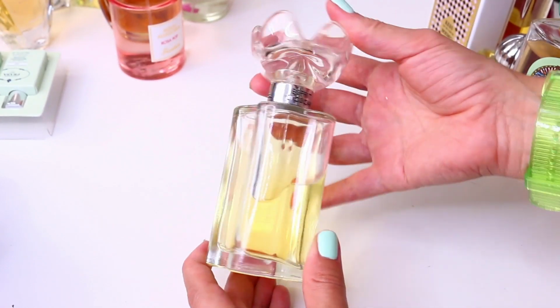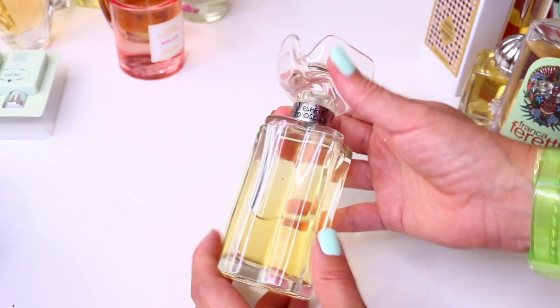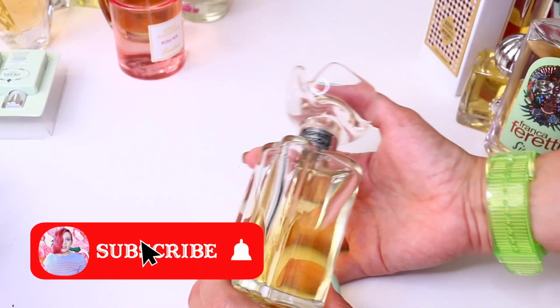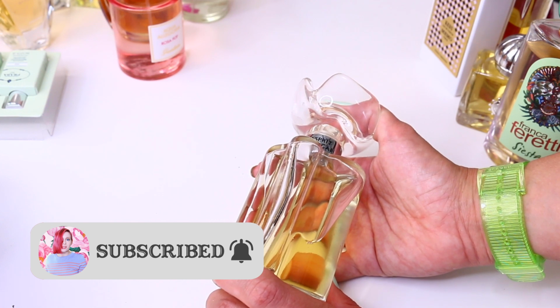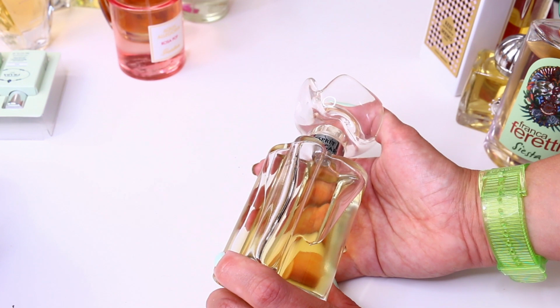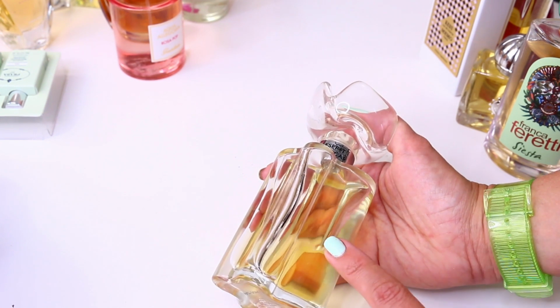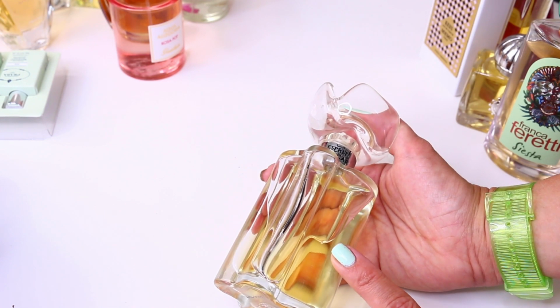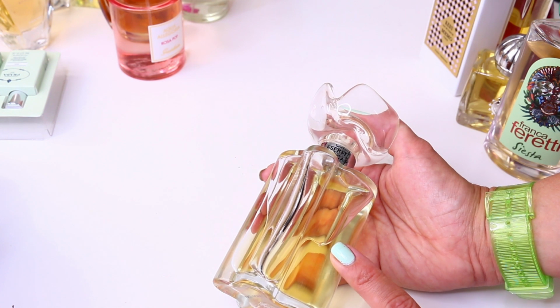And another Oscar de la Renta, which is Spirit de Oscar. You can see it here. And this, to me, is aldehydes without aldehydes. Basically, this is not really an aldehydic fragrance, but it's not easy for me to wear old school aldehydic fragrances. And this is the one where I found a piercing, slightly sparkly floral